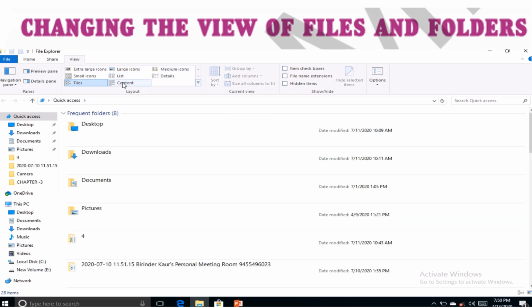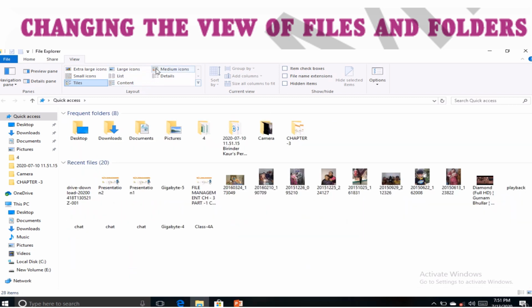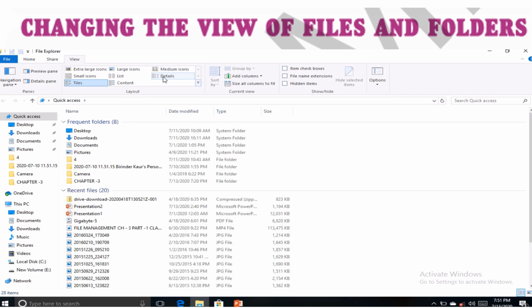Then content, it will also tell when it was created or modified, whatever. And then medium icons, they will come in small and it will also show you the content in between. And next, the details will also tell you the detail of that icon, like when it was created or modified, its type and its size, etc.